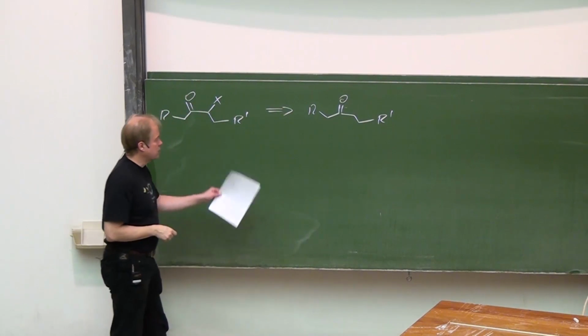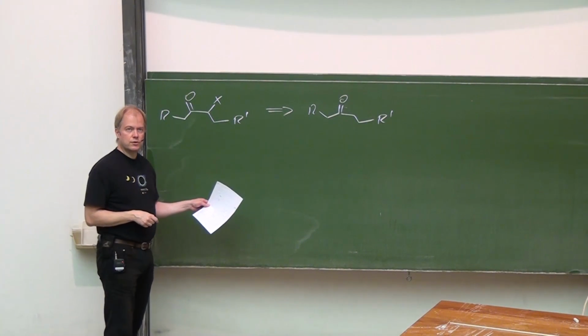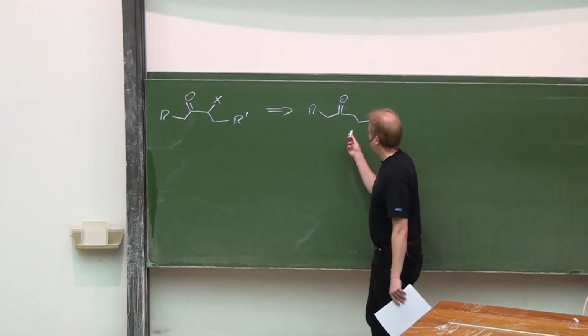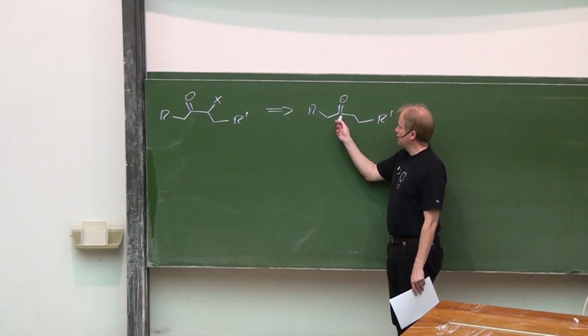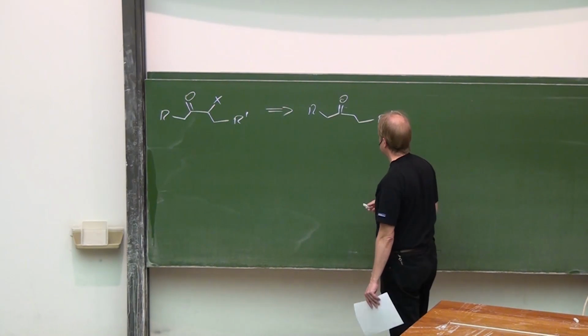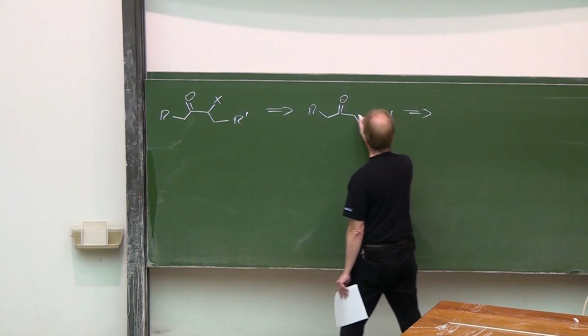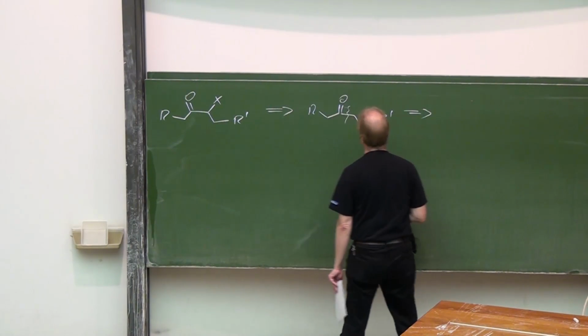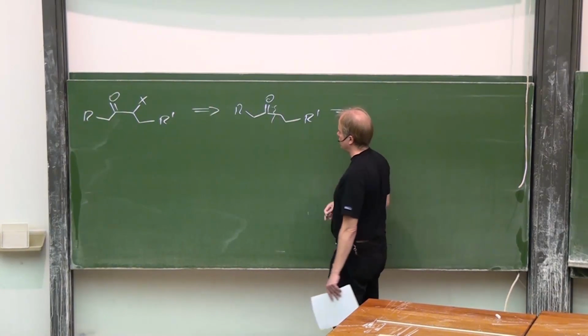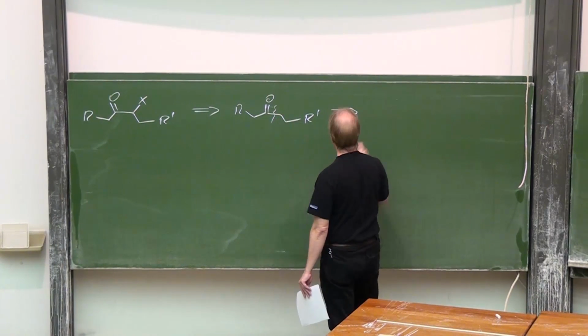Of course, in this case, we would have to face a selectivity problem. How to distinguish between this and that side, of course. Well, and here, for instance, the disconnection we could plan at between these 2 carbons